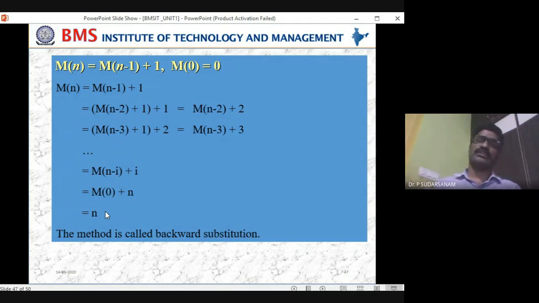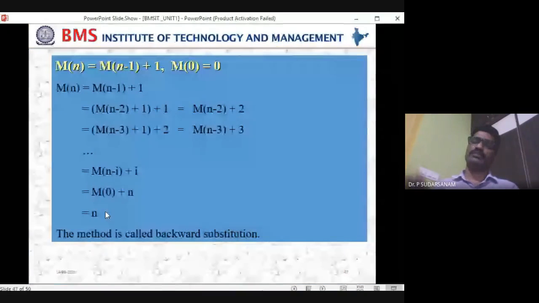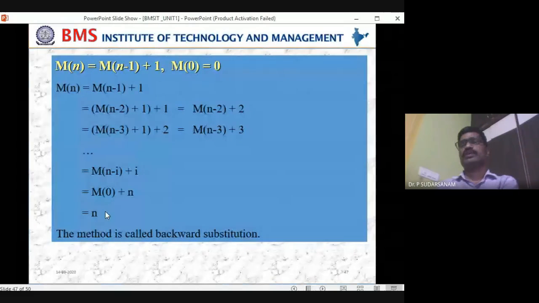Suppose the looping statement is i plus 1 to n minus 1, write the summation i goes from i plus j goes from i plus 1 to n minus 1. So in that loop, whatever it may be, first to last, every loop you write individually, then put the values for that. One value for one you can write and substitute, and you will get the general recurrence relation. Whatever equations you are solving, that is called the general recurrence relation.